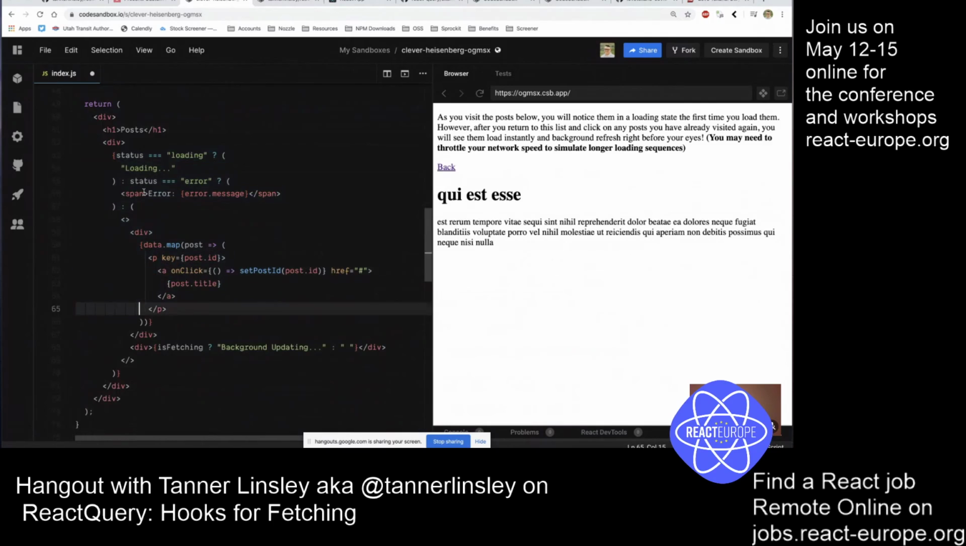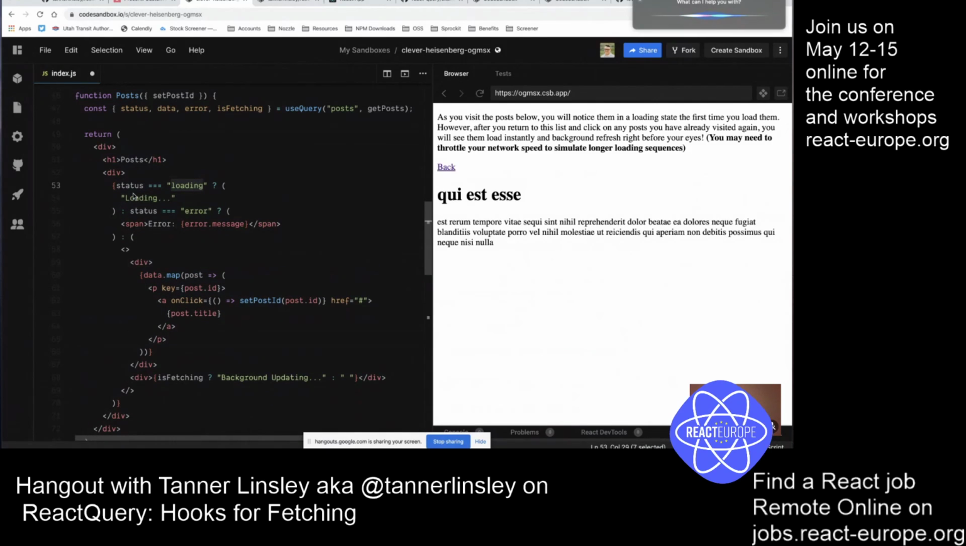So this is the one for the main posts, and you'll see you just have to handle these 3 cases where if you're doing a hard load, you want to show loading. And if you're showing an error, if you're in an error status,